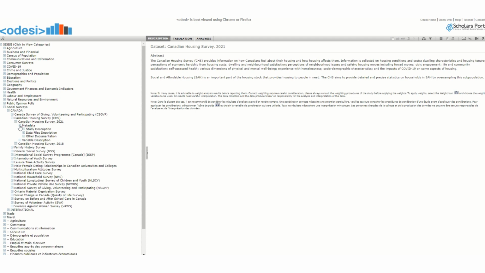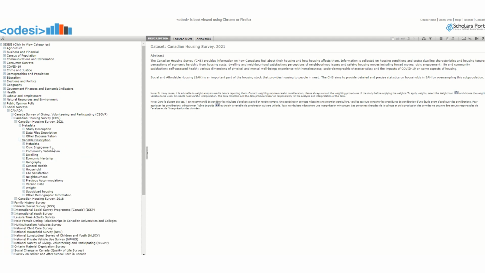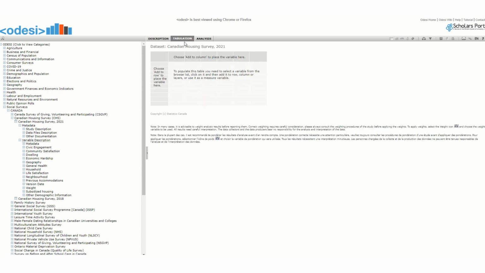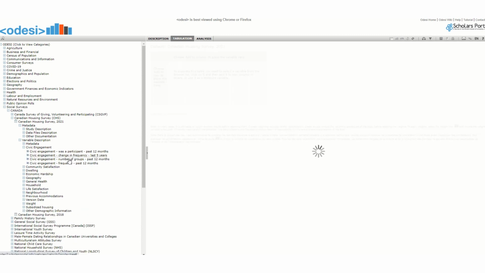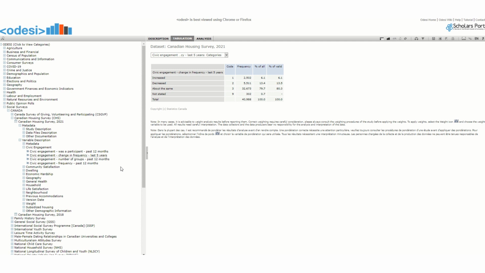We can use Odyssey to understand variables and survey responses for a specific variable summarized. We can also use the tabulation tool to create cross-tabulations. Odyssey allows us to download the whole dataset of microdata in a desired data format like SPSS or CSV, but it also provides a wealth of metadata information and data documentation. It is also a powerful tool to allow us to create tabulations and analyses right in the tool, like selecting a variable and immediately seeing its frequency.